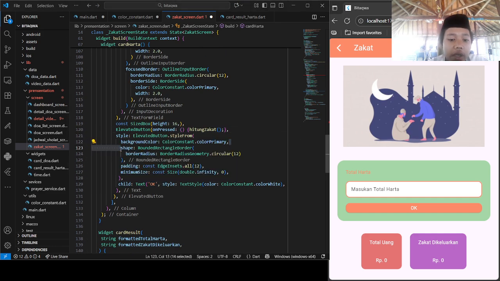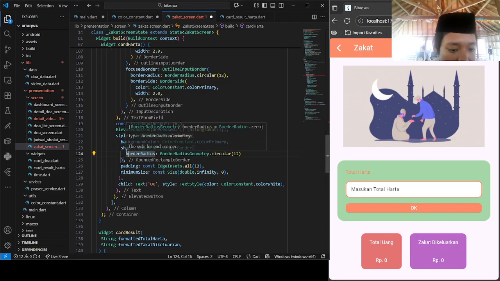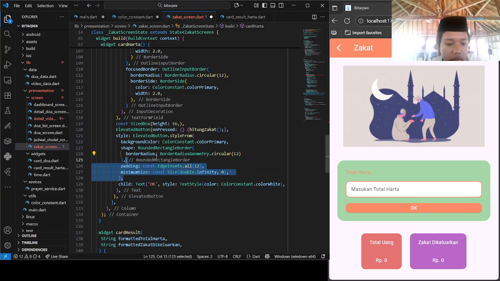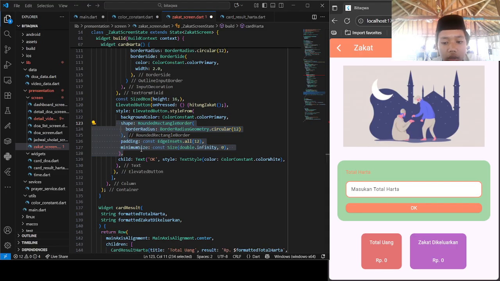The background color uses color constant primary again, and the shape is rounded rectangle border, so melengkung again. I think the developer likes melengkung. And then the border is melengkung again, and then minimum size, sized double infinite.